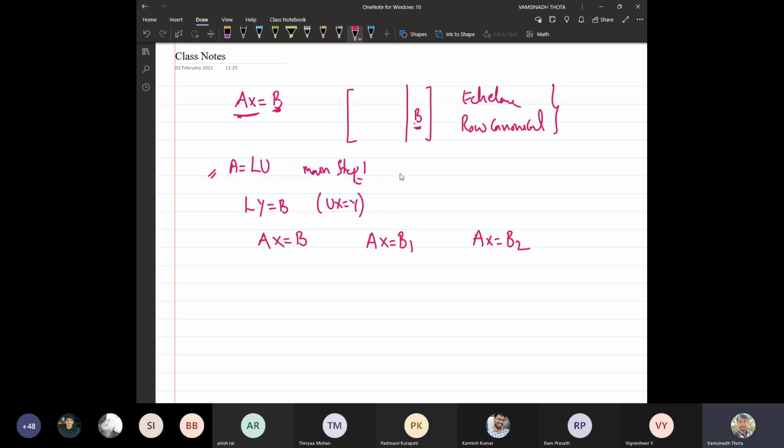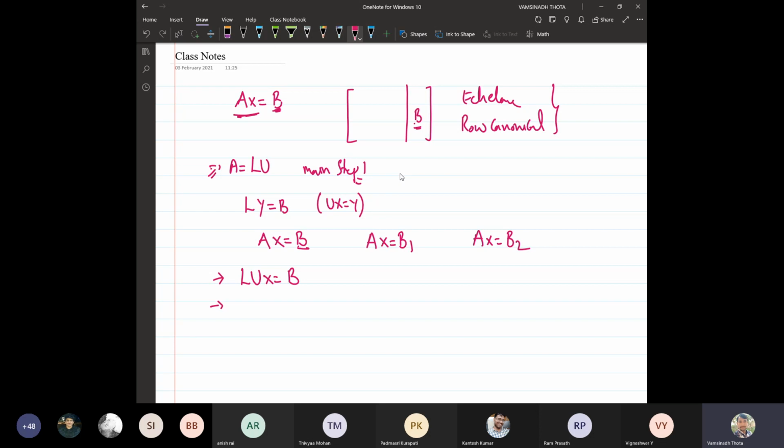But if you use the LU decomposition method, assume that the first step is done, A = LU. If B changes, then LUx = B, and from the second step onwards only it is enough. Yesterday we saw that the second and third steps are either forward substitution or backward substitution, which are very easy to evaluate to find the solution.